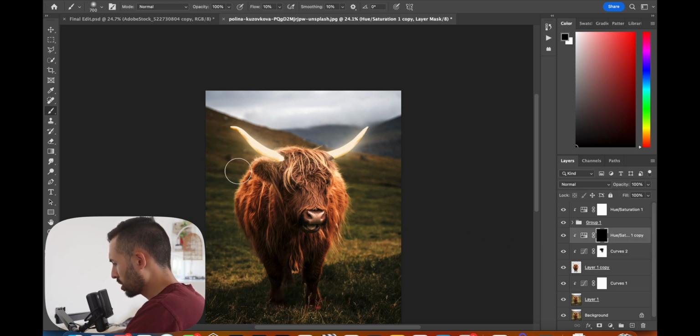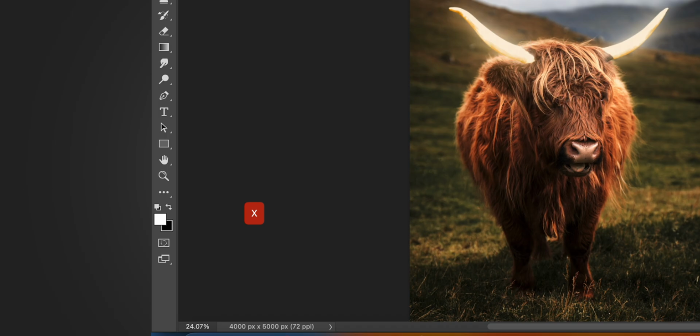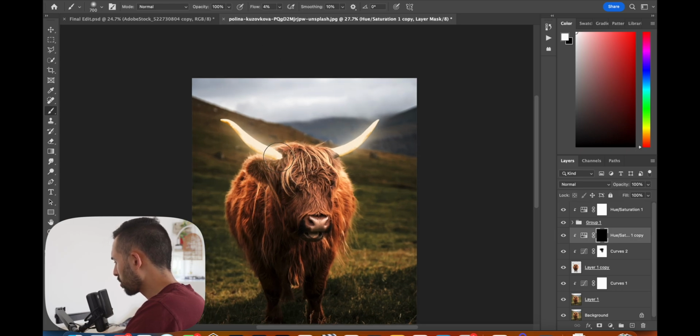Now go back to your brush, so hit B. Go to a white brush, so you're painting in the color. So I've had to hit X to make it white. Lower your flow to maybe 4%, just so you can do something quite gradual. And then just paint